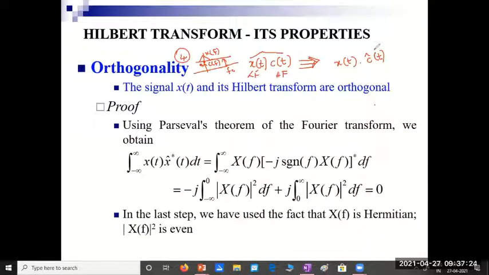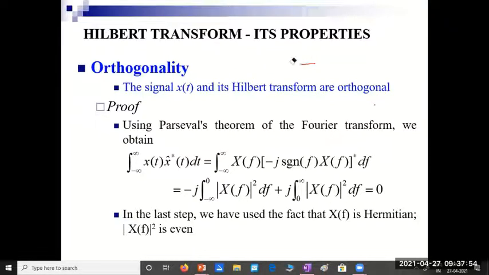I think somehow that slide got mixed. So please remember, the fourth property of Hilbert transform tells us that the Hilbert transform of a product of a low frequency and a high frequency signal will yield the product of the actual low frequency signal and the Hilbert transform of the high frequency signal. Okay, so please make a note of this. And then let's move on.